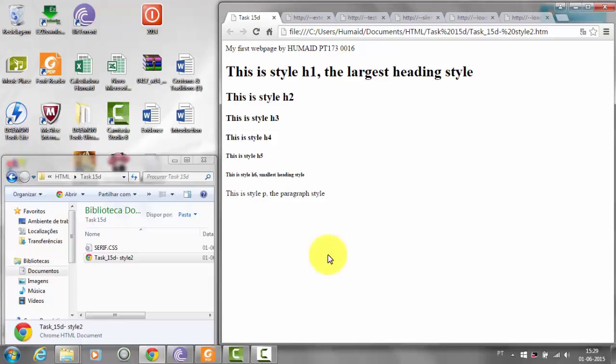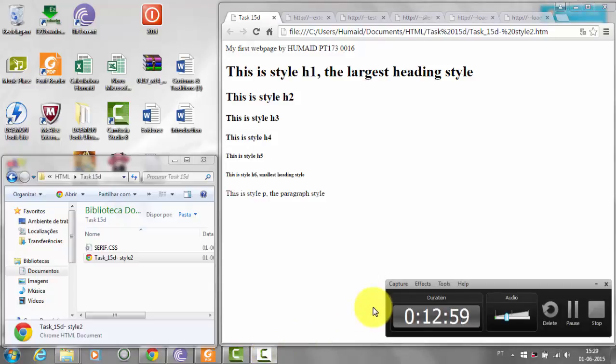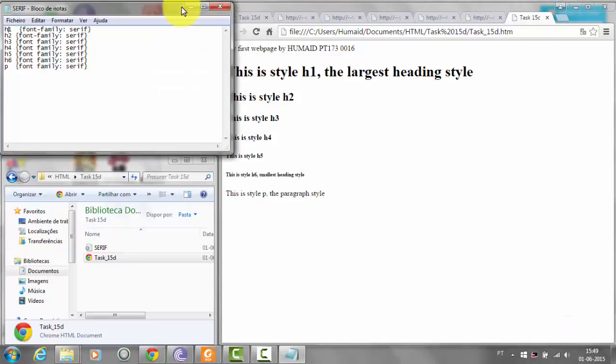Now, grouping the style sheet definition.